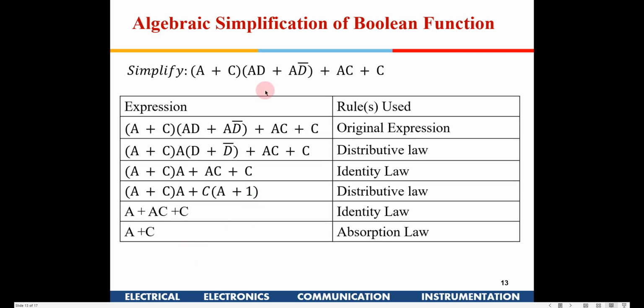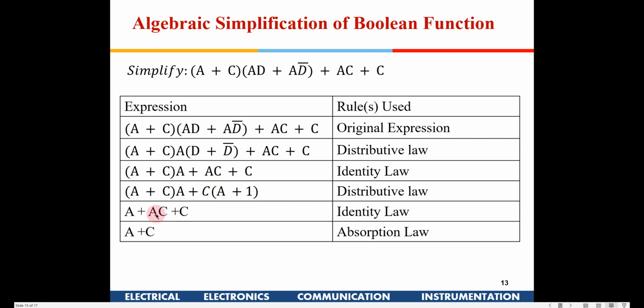Now we'll take one more example out here. A plus C, AD plus D bar, AC plus C. Now if you see here, you can take an A common, right? It is D bar plus D, so you will get D bar plus D. That means it is 1, so we can just neglect that. Here, that 1 has been neglected. Then you have an A plus C out here. Again, if you take C common here, it becomes A plus 1, which is again 1. So I have one C here.